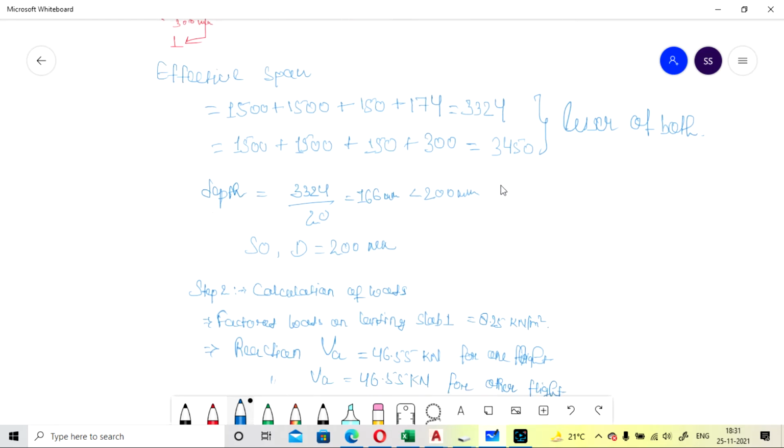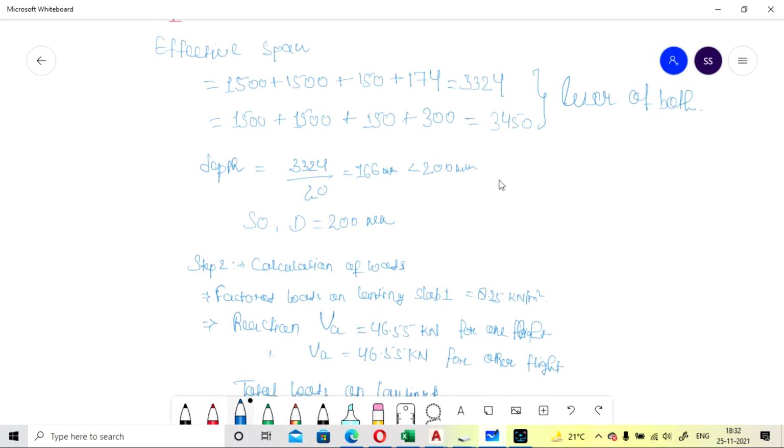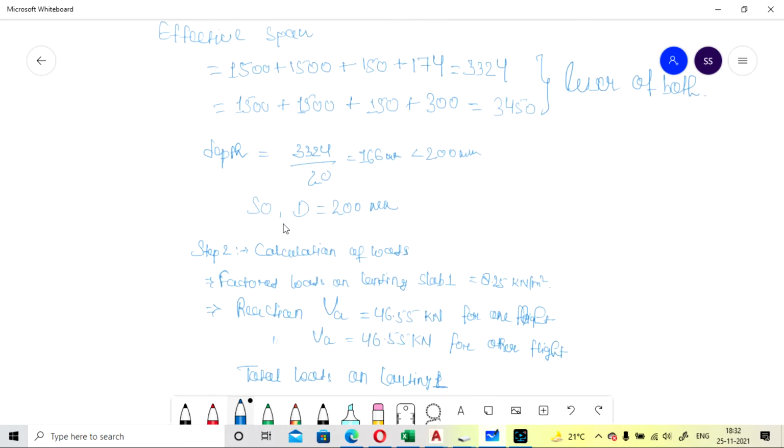Now the depth is equal to 3324 mm divided by 20, that is for simply supported, equal to 166. So it is less than 200 that we have considered as the total depth for the landing, so this will be okay for now. Our capital D, the total depth for landing 1, is 200 mm.